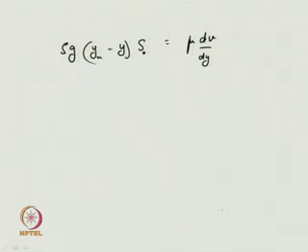From this equation, just rearrange the terms. So, dV by dy is nothing but equal to rho g s naught by mu